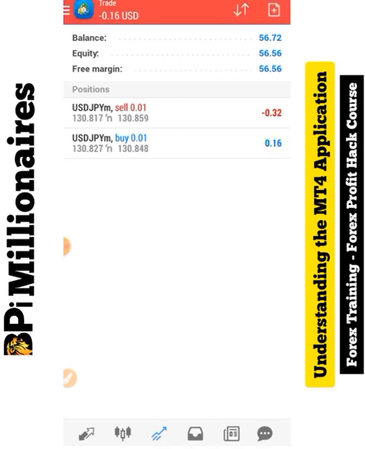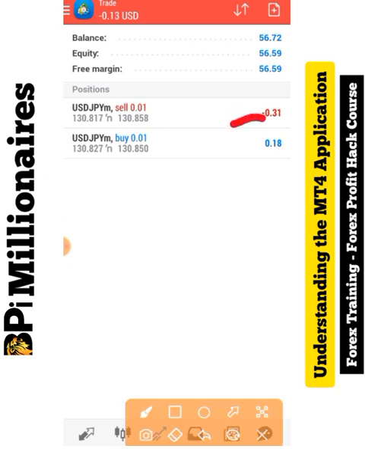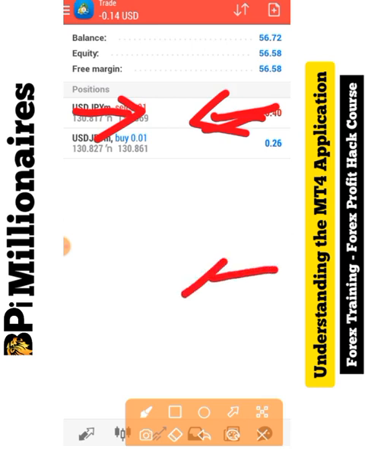Now, lastly, on the trade menu, let me show you how to close a trade. Now you see a trade is currently going on. How do you close the trade? If, for example, you want to close this sell trade, from this angle, from the right angle,